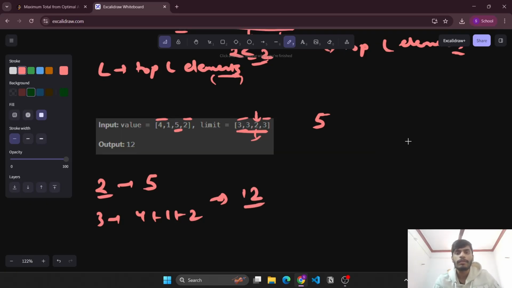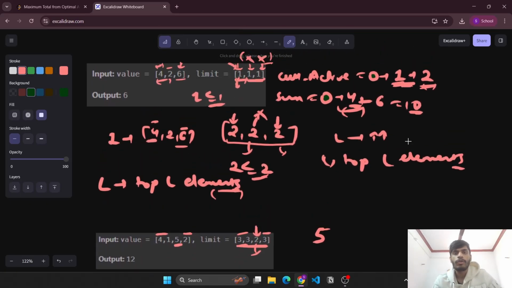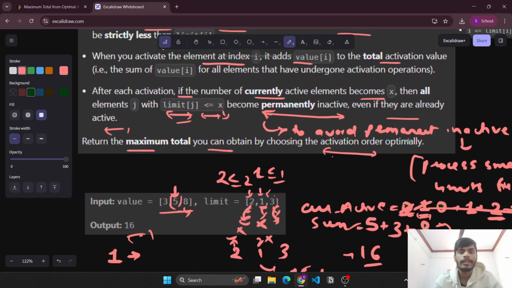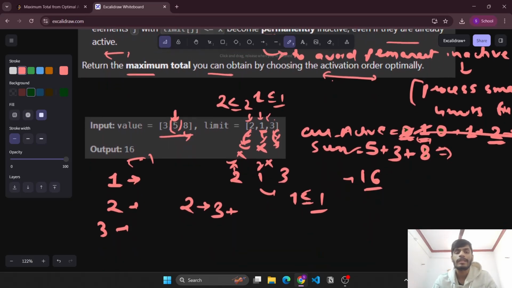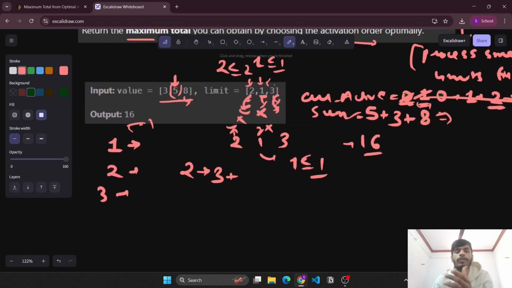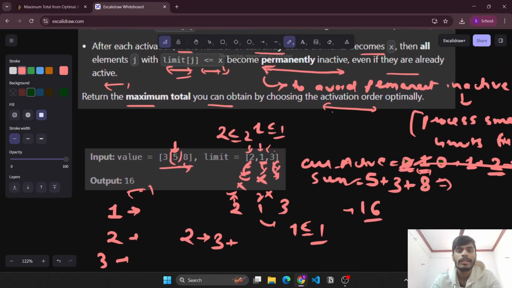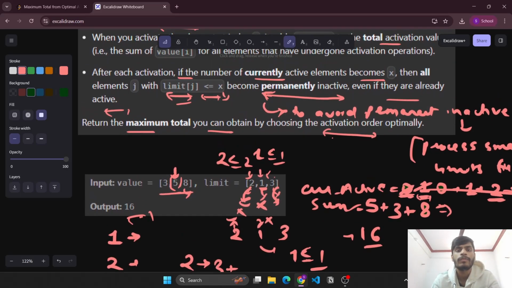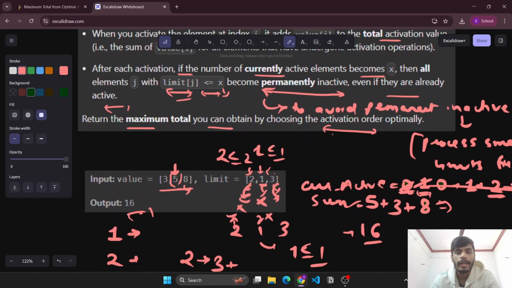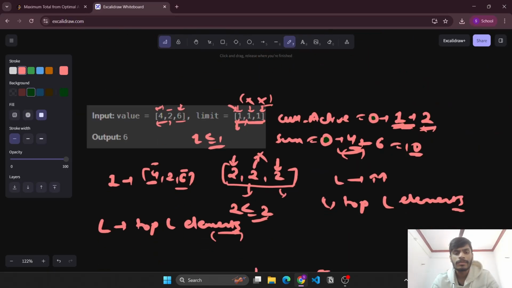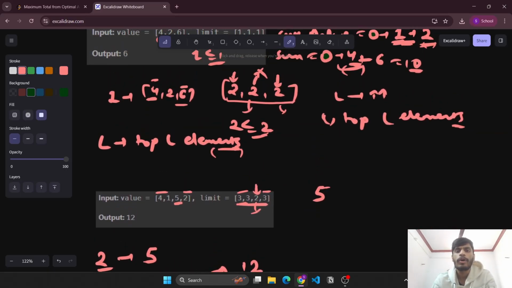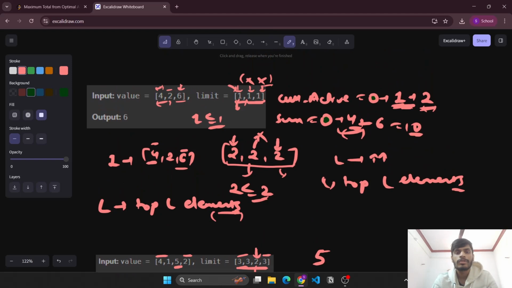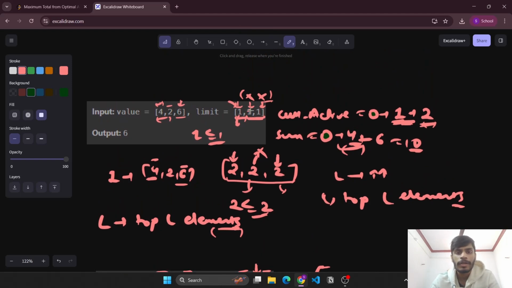So the observation that we make here is that the first step was to avoid the permanent inactiveness of any element. For that we process the elements in increasing order of limits, so that the smaller elements do not become permanently inactive and we are able to utilize their value. And after that, once we have grouped on the basis of a particular limit, we saw that for a particular limit, we can activate at most that limit value of